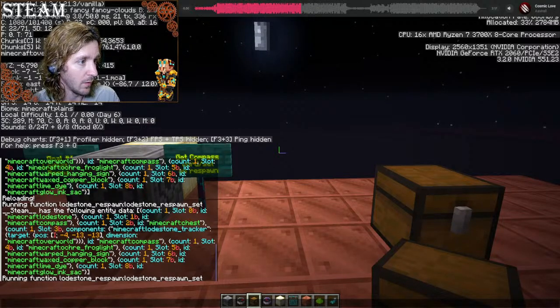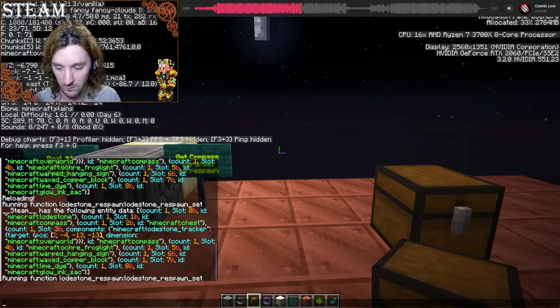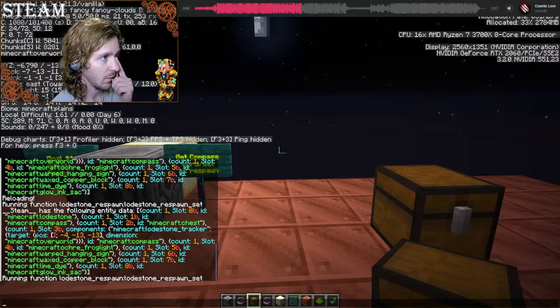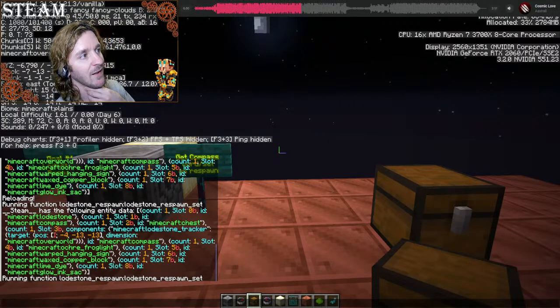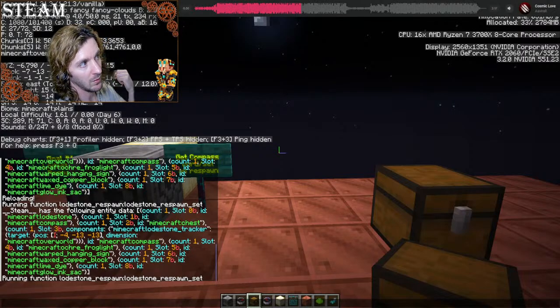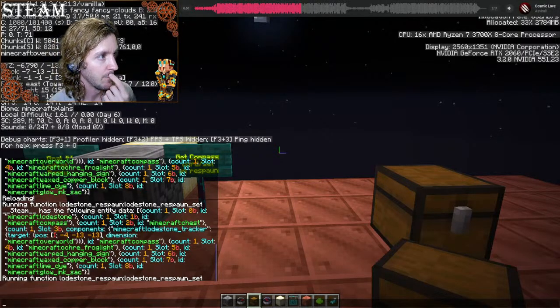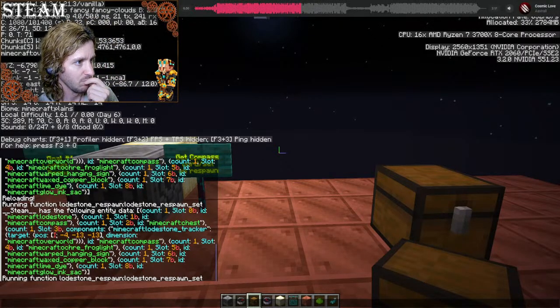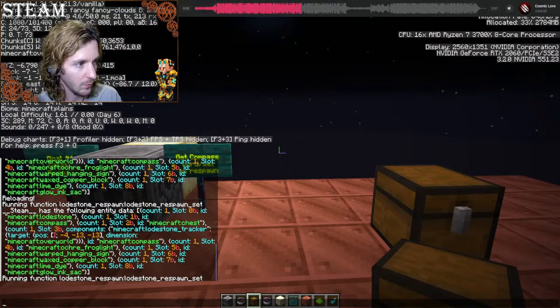Okay, then I say data get entity. Let's see, what does this say? To get the NBT data of a specific use case, use the get data command and see the complete NBT for items. Okay, add as Minecraft. So maybe I need to do something like,